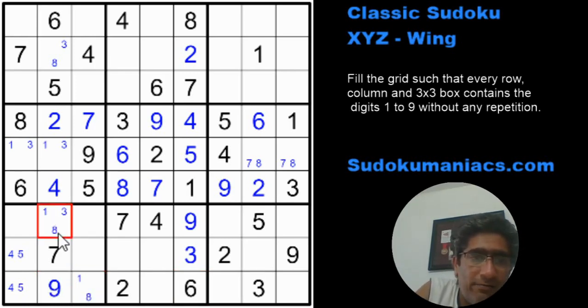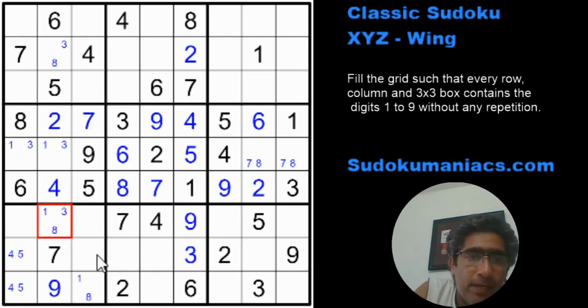Now when I look closely, just for example, I'll mark this as a light gray cell. This becomes my pivot. This becomes my ends. So again, there is an XY wing that is possible. However, there is not a single cell available which is buddy to all of them where digits are not placed. So unfortunately, we would not be able to use the XYZ wing here. Alright, but I just thought I'll highlight how we can observe.